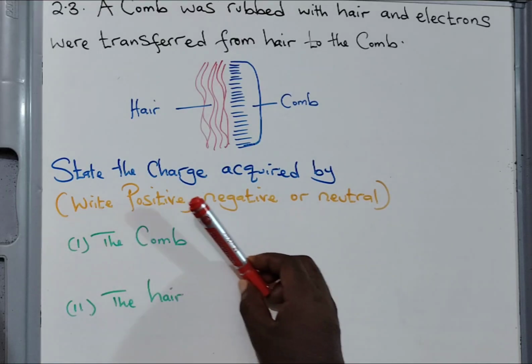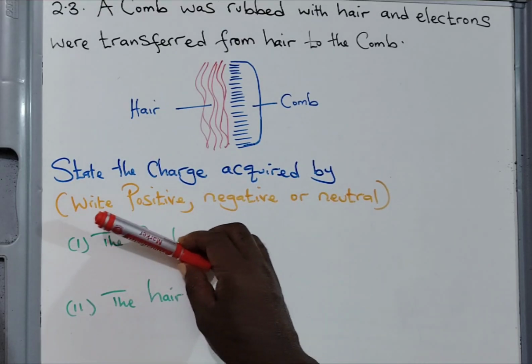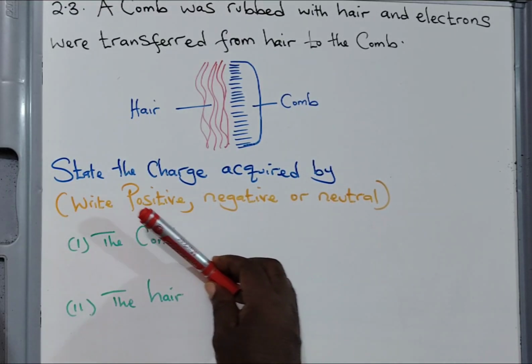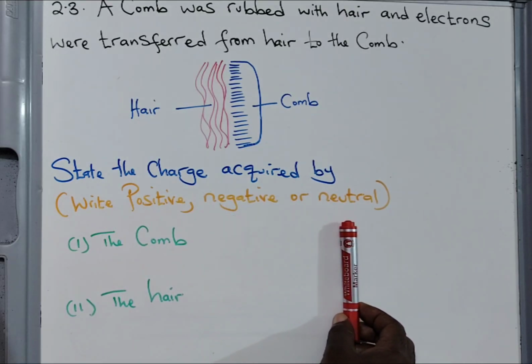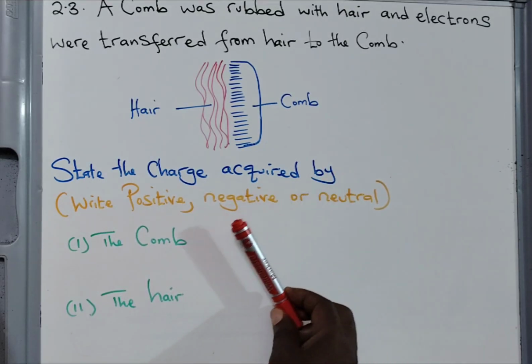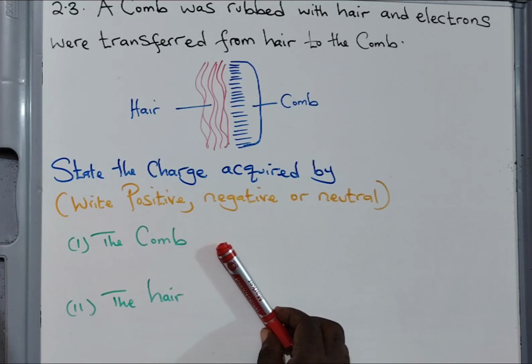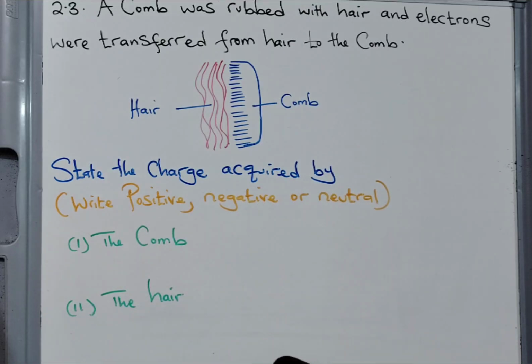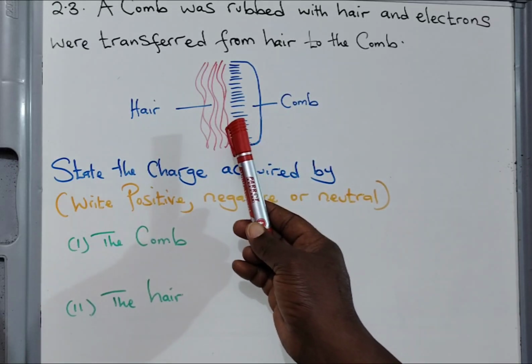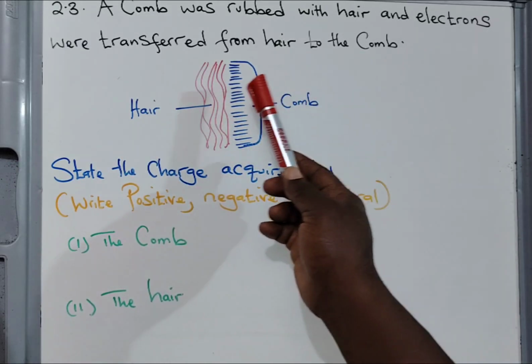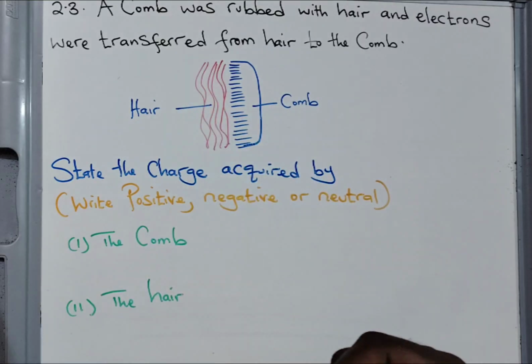State the charge acquired by the comb, write positive, negative, or neutral. We need to identify the electron transfer. Electrons were transferred from hair